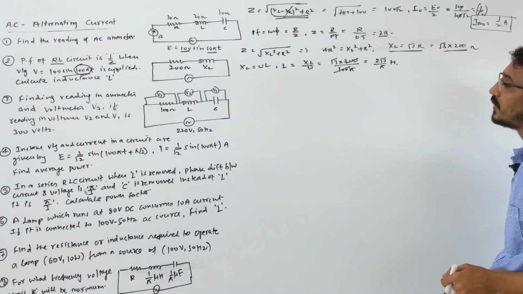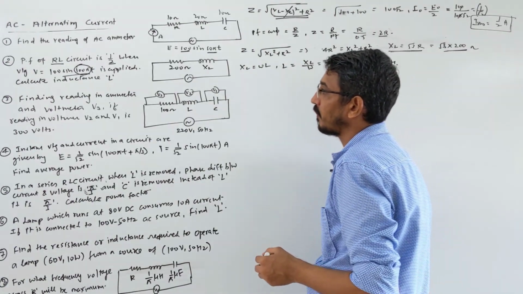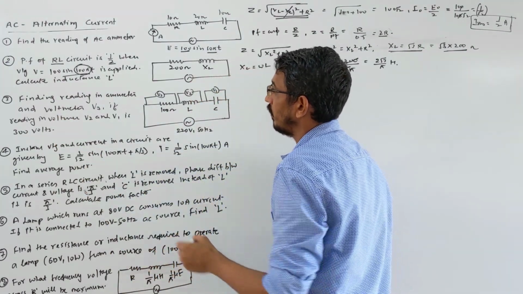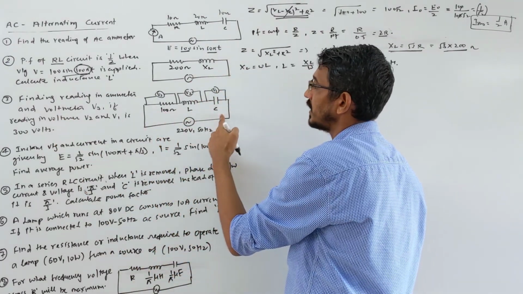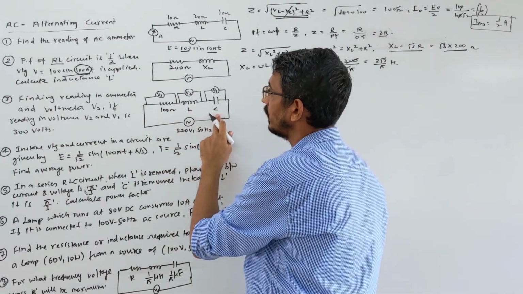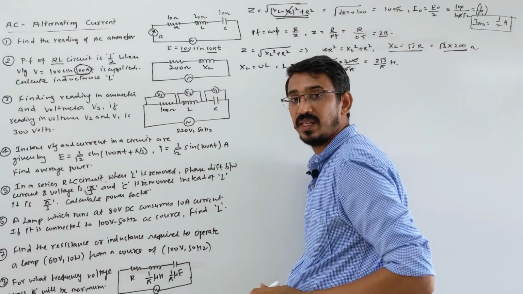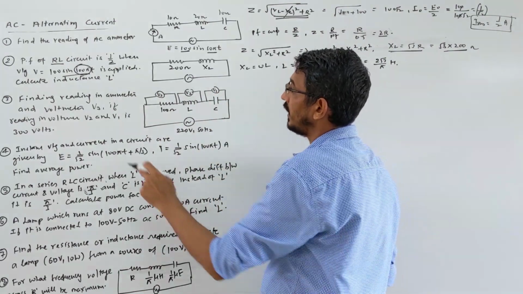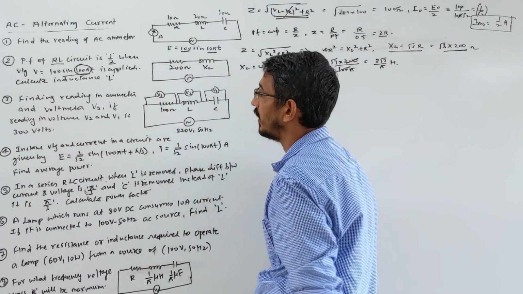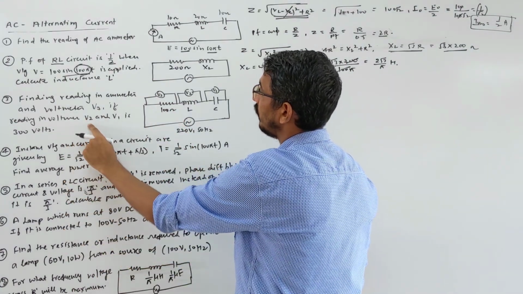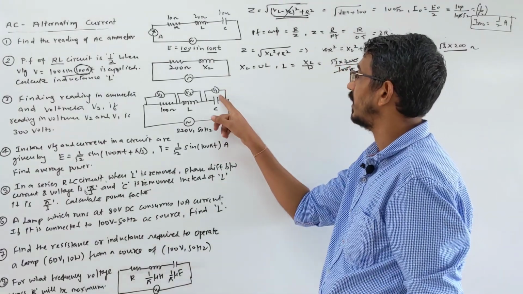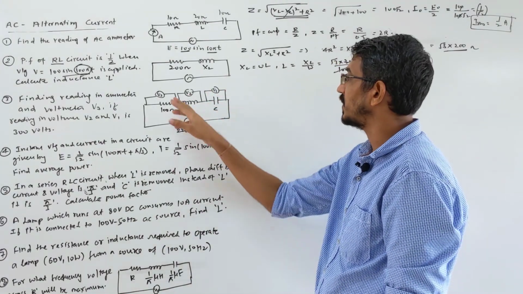Okay. Let's move on to the third question. Find the reading in ammeter and voltmeter V3. Some circuit is given, RLC again, resistance given 100 ohm, L and C are unknown, and 3 voltmeters are connected across each. So the reading in V3 they are asking, means the voltmeter connected across what? Your 100 ohm. If the reading in voltmeters V2 and V1 is given 300 volts each. Reading here and here is given to us, and they are asking what's the reading in V3.